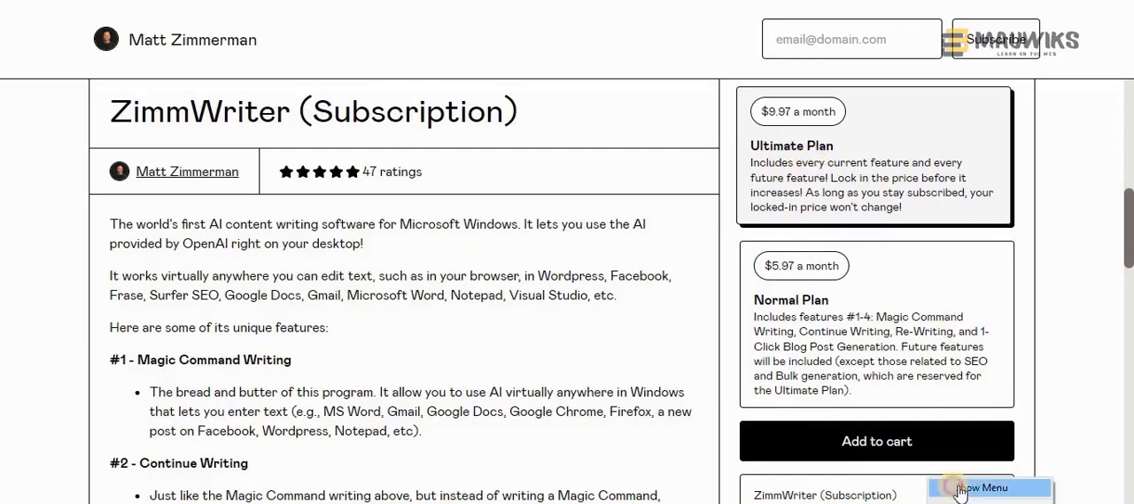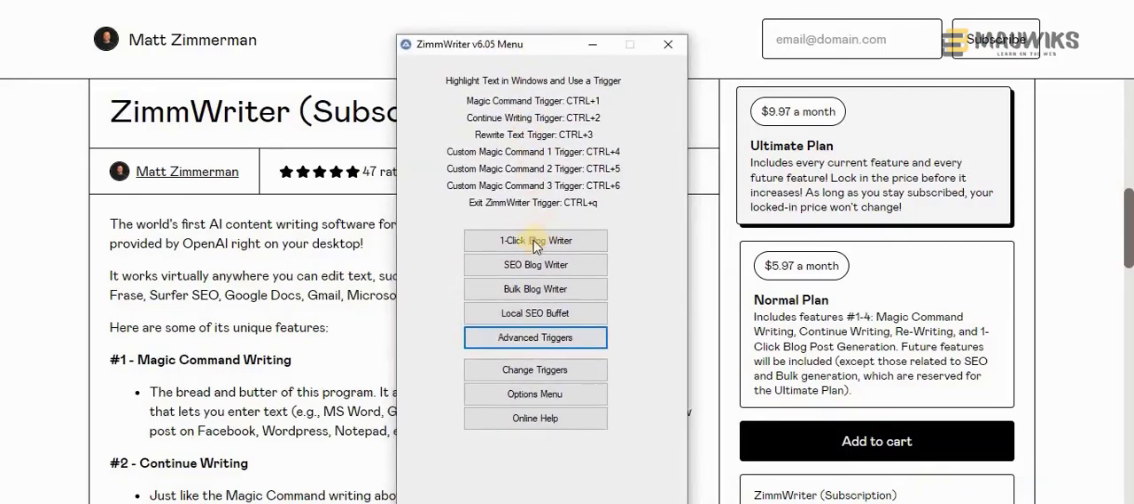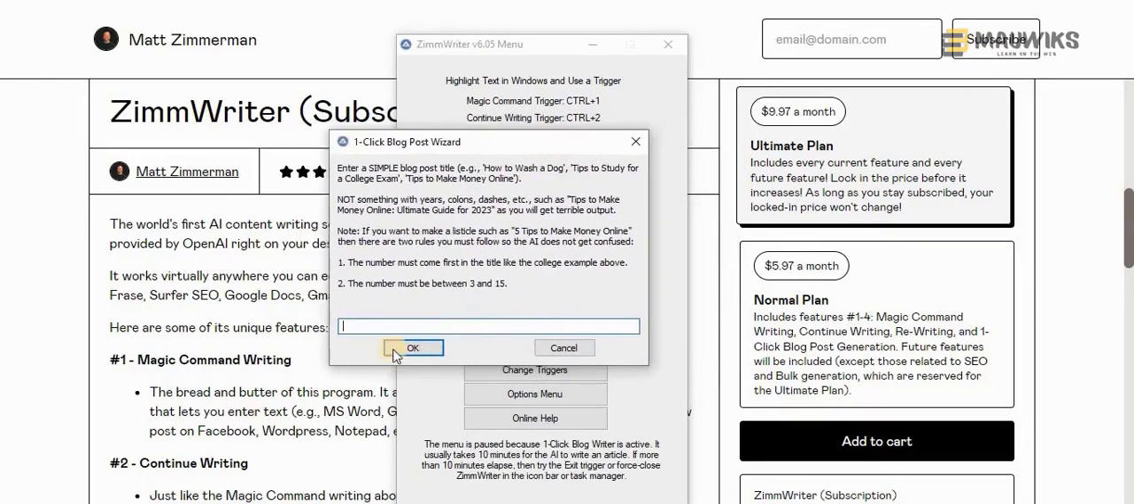As you can see, this is the tool actually. For the normal plan, you will only have access to this one, I believe, the one-click blog writer. And I believe this is the only one that you will have access to. But with the ultimate plan, you will have access to the SEO blog writer. Although the one-click blog writer is okay,